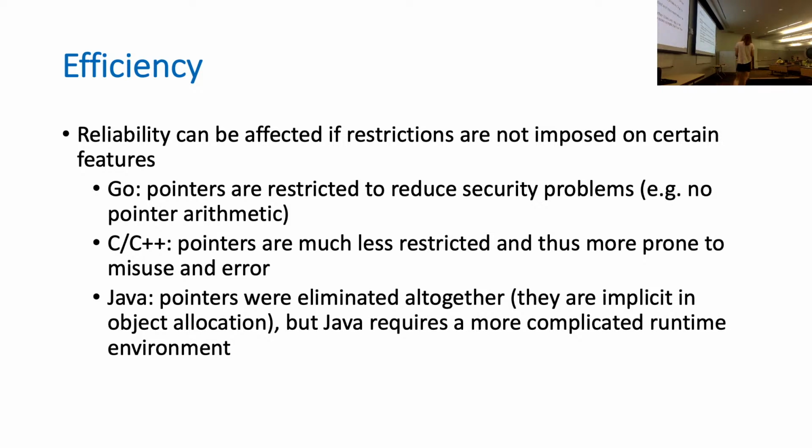Yeah, kind of as I mentioned, right? Reliability can be affected if restrictions are not imposed. One of the classical examples of why C is such a nightmare is the complete abundance of pointers. The quintessential way to describe C is that it's a language that will give you as much rope as you want to hang yourself with. It'll trust you right up until then. Like, it's just like, oh, but you asked to do this ridiculous thing. I wasn't going to tell you no. Of course you know what you're doing. That is the C programming language in a nutshell,